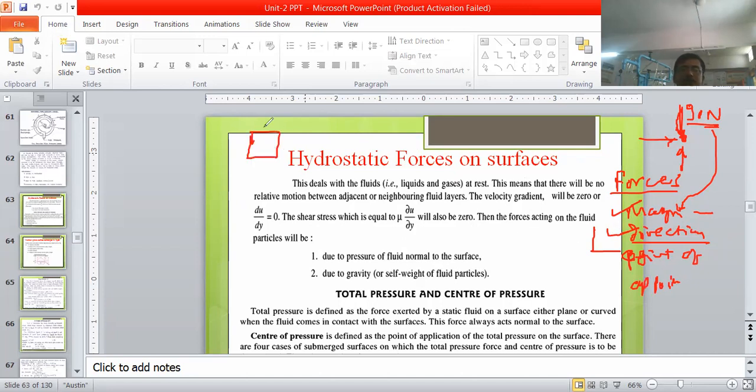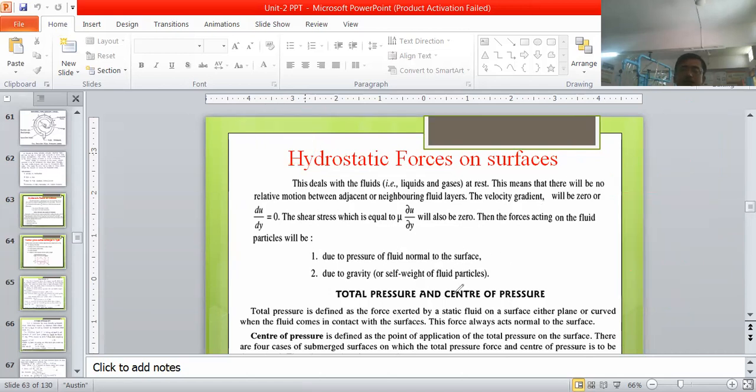For example, this is the object. Suppose I say the 90 Newton force is acting in the downward direction, meaning I am defining these two characteristics, direction as well as magnitude, but I have not told you at which location or at which point that force is acting. So to define that force, I also need to define the point of application of the force. So this is also an important characteristic of the force. Here, center of pressure is nothing but the point of application of the force. So it is also important here. The point of application of which force? It is the point of application of the total pressure force.